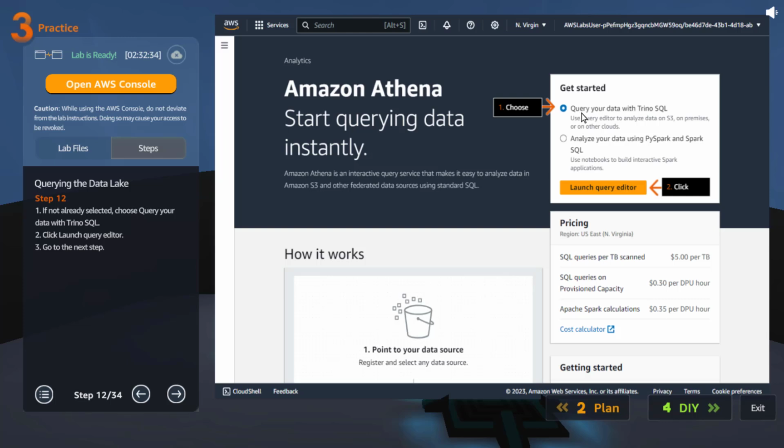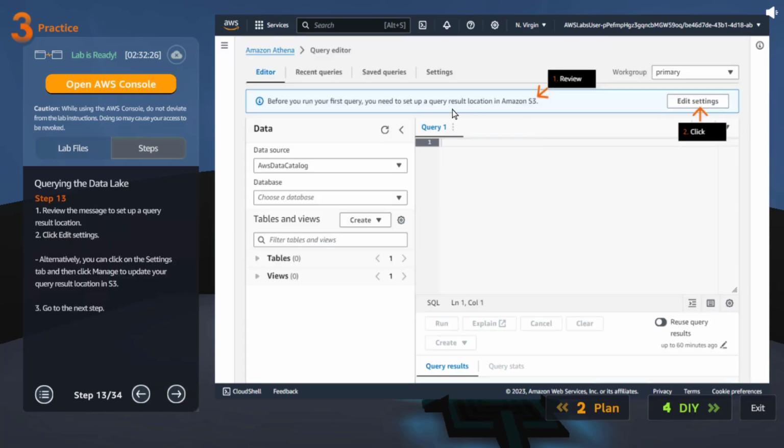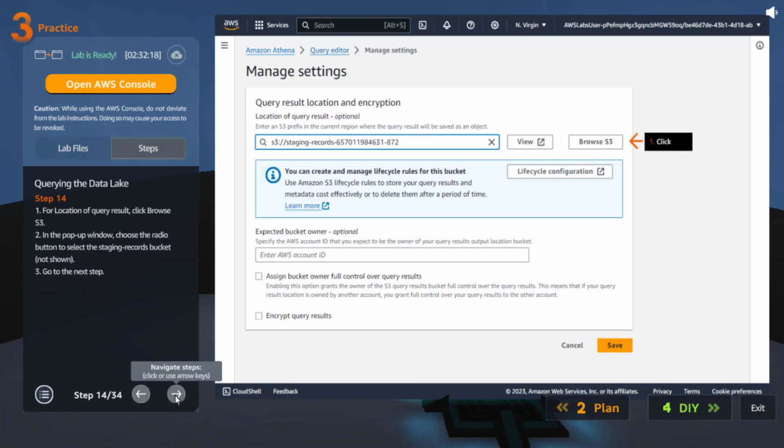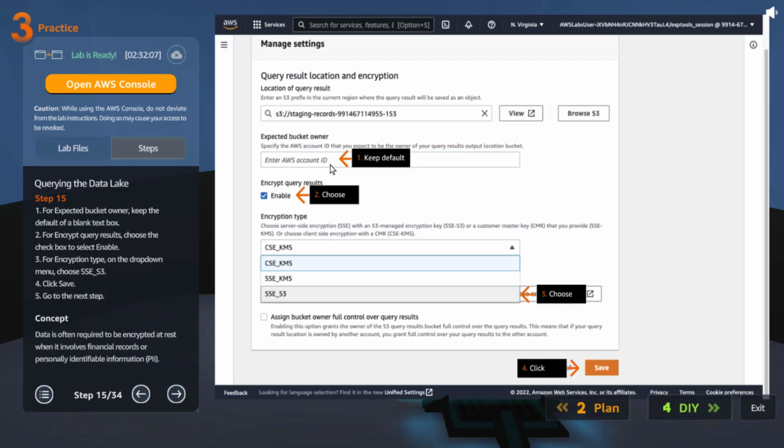In Athena, once we go there, you will click on query your data with TrinoSQL, then launch query editor. Okay, so before you run your first query, you need to set up a query result location in S3, which we can do by clicking edit settings, and then browse for our bucket, which is the staging bucket that we are going to use, or we can just click browse and keep this default account ID. Then encrypt query results, choose enable. Then we are going to choose S3's default server side encryption,